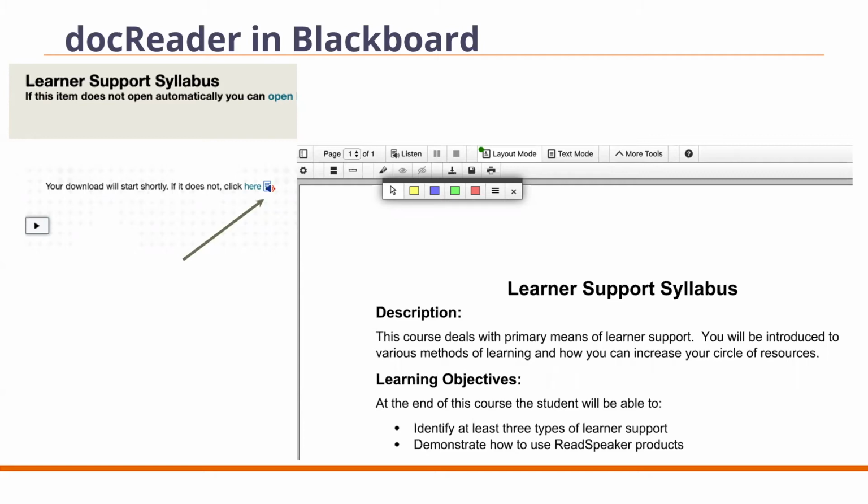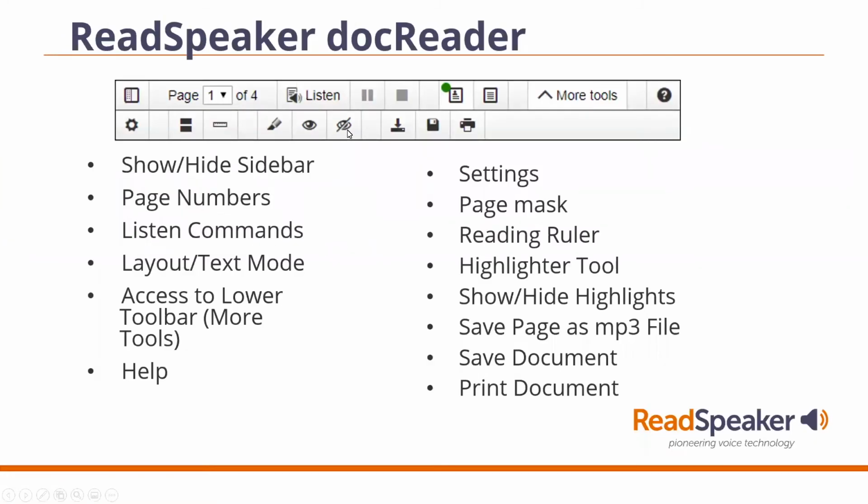Now, if you're studying, you probably want to use two colors, one for I know I need to know this, and one for I'm clueless. So when you hit that clueless part, you can highlight it and then go back and ask your instructor. Your highlights are kept in the cookies on your machine. And you can see a little bit better here. Notice you can show and hide those highlights.